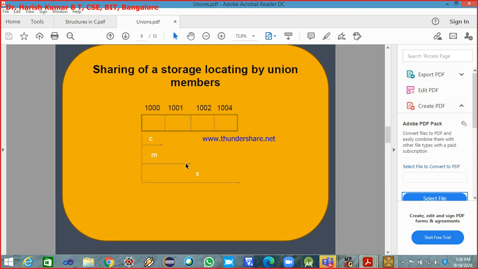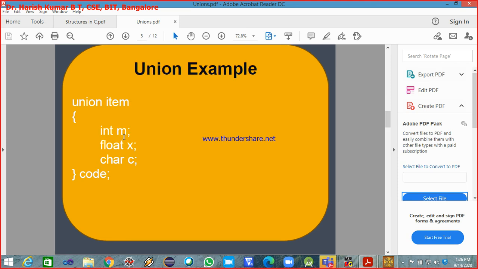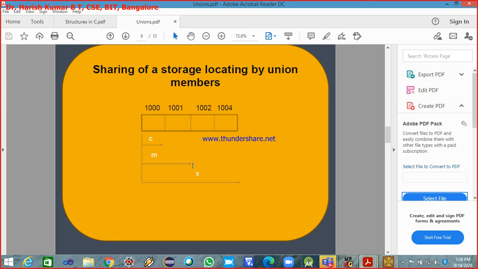Yes. So this is the memory allocation. For this example, the maximum memory allocated is 4 bytes, because we have two types, integer and float, and since both of them take the same memory, 4 bytes of memory is allocated. So when I am storing a character, it uses this byte. If I am storing an integer on a 16-bit machine, it uses this. And a float uses all 4 bytes.